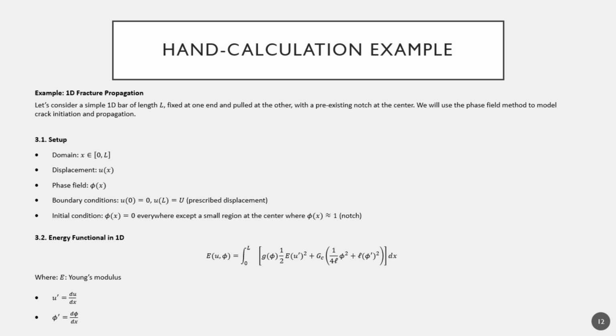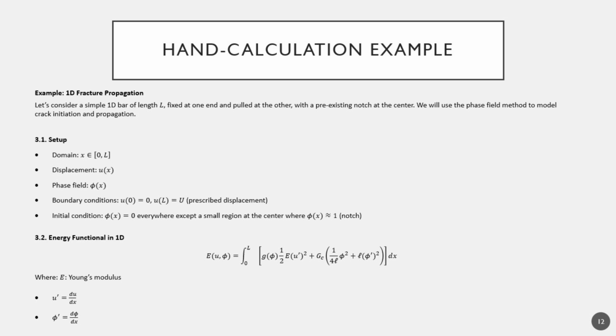The boundary conditions are that the displacement at length 0 of the bar is 0. Initially there is no displacement, and as we progress along the length of the bar, the displacement is u at a certain point. And also the initial condition: because the material is not cracked initially, phi of x is supposed to be 0,